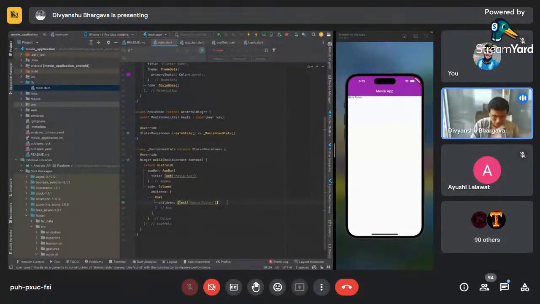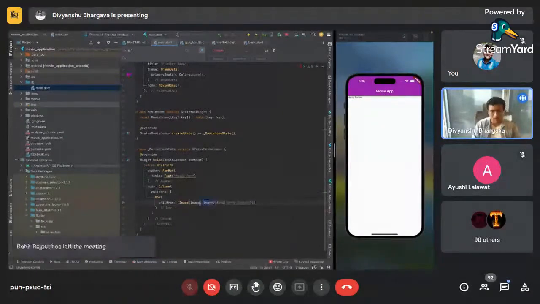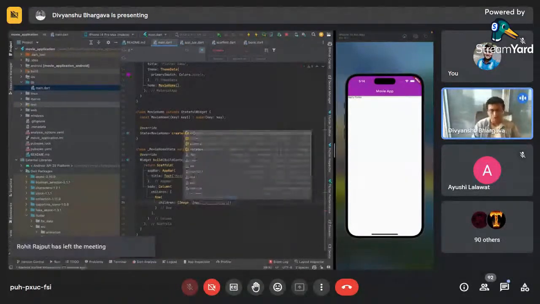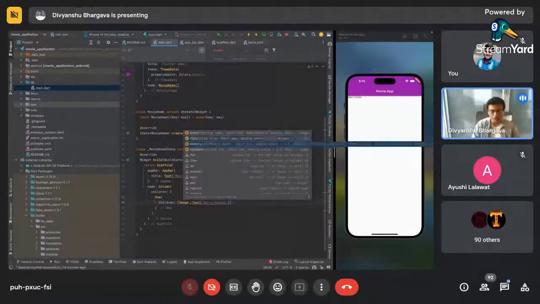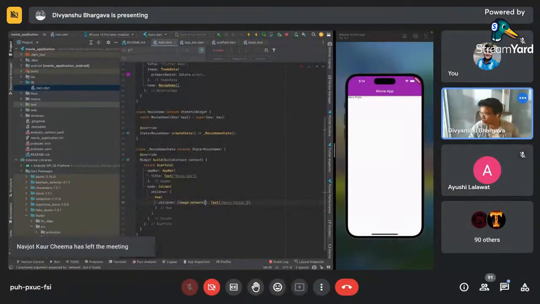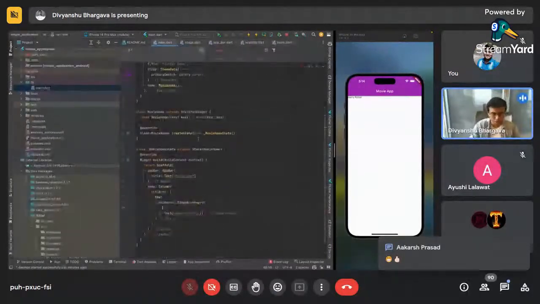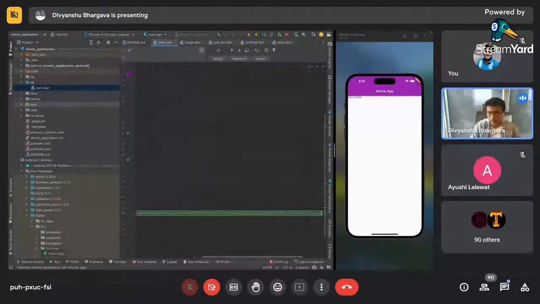And now let's add an image as well. So image is another widget by Flutter, and image can be fetched multiple ways. Either you can fetch it from a file, from memory, or from the network. In this case, we'll fetch some image from the network. I have a URL already ready. So what I can do is Image.network. It takes a string basically. So I can just pass a string here,